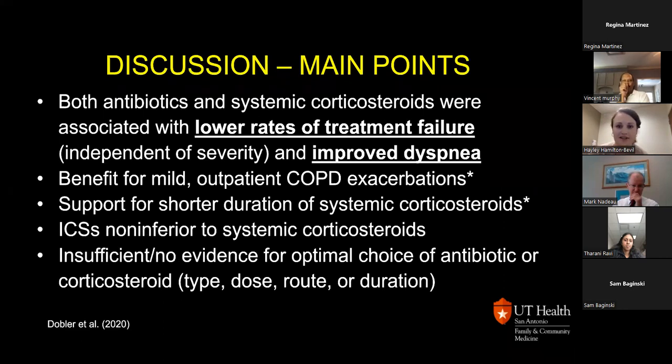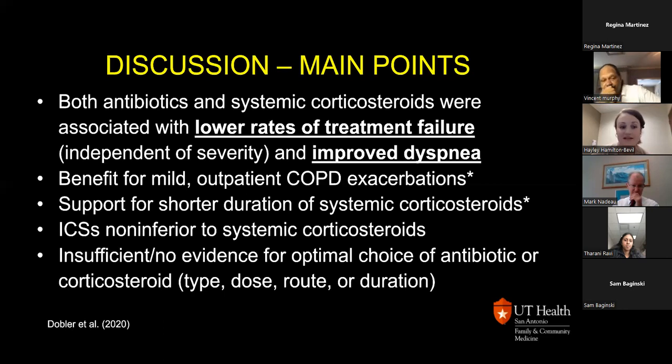So for our discussion, our main points of this paper: both antibiotics and systemic corticosteroids were associated with lower rates of treatment failure, independent of how bad their exacerbation was. Didn't matter if it was mild or severe, it was helpful to get antibiotics and corticosteroids. It improved their dyspnea as well. For all settings, even for patients in the mild outpatient setting, it was beneficial to give both antibiotics